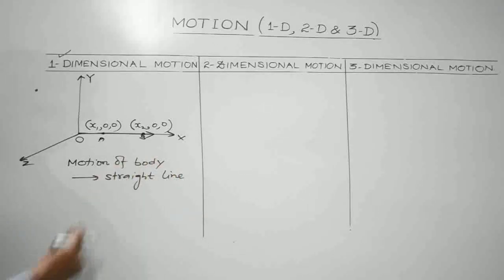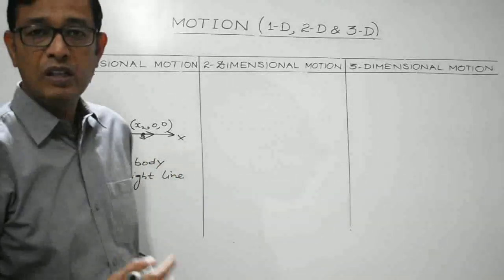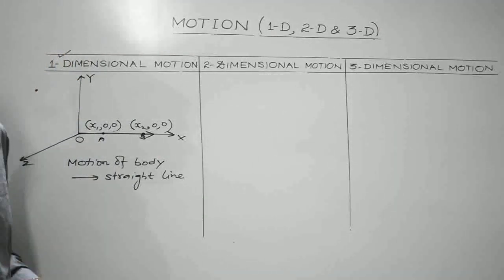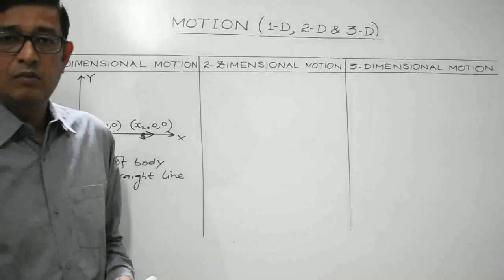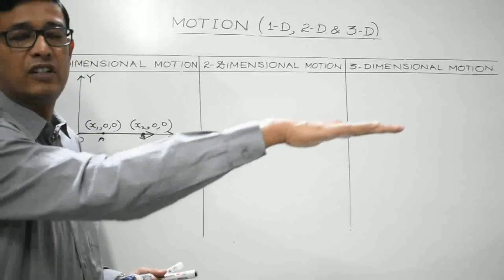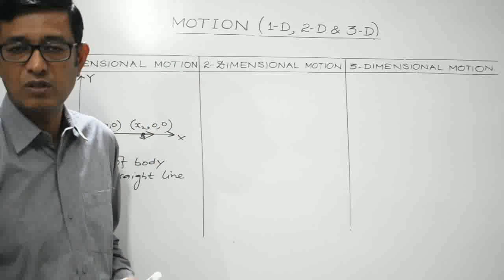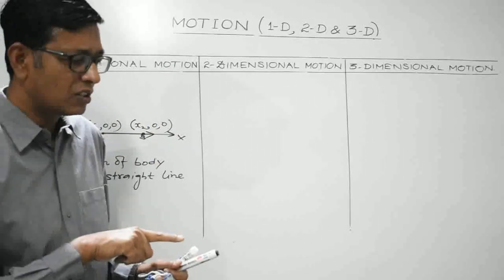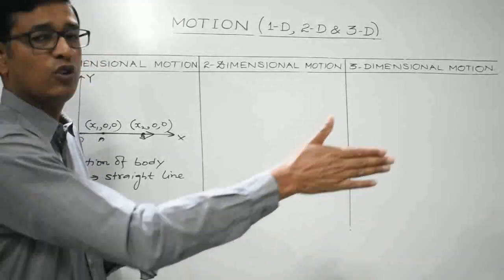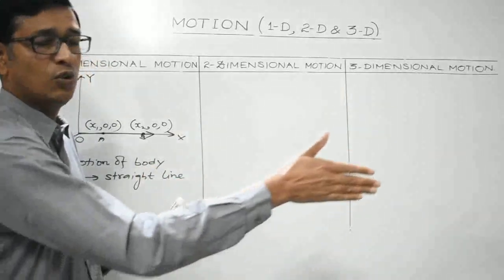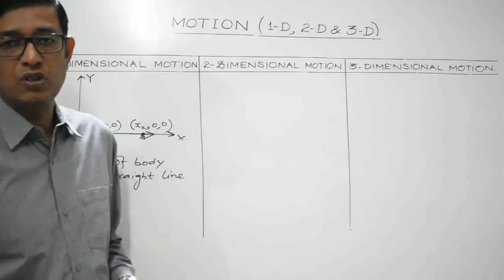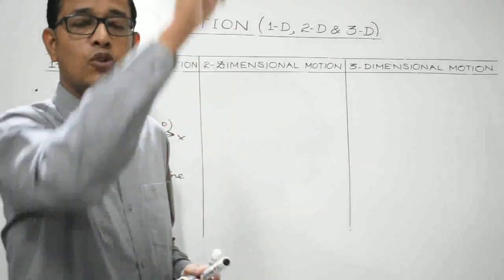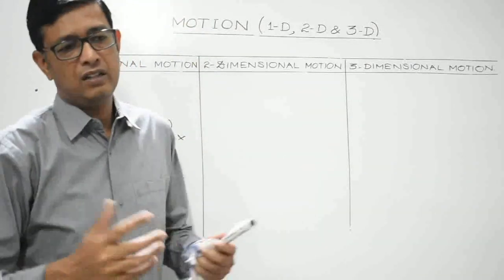So that is when the motion of the body may be said to be one-dimensional, right? There are various examples. Suppose a train moving along a straight track, a railway track, that is one-dimensional motion, right? Or a person moving along a straight narrow path, that is one-dimensional motion. Or another example, if I throw a ball in the vertically upward direction, right, and let's